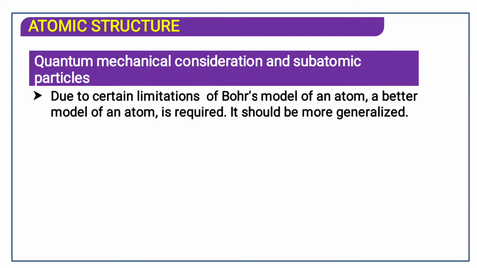So ultimately all the branches originated from chemistry, as chemistry is treated as a central branch. That is why some part of chemistry has been given in other subjects also. In biology it is said to be biochemistry, in physics it is said to be modern physics. So now this part is the end of the chapter, that is quantum mechanical consideration. From quantum mechanics we will understand the structure of the atom.